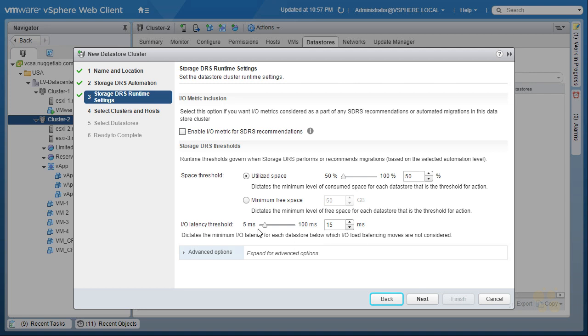We also have an I/O latency threshold. By default, it's 15 milliseconds, which means if the ESXi host makes a request to the data store on behalf of its VMs, and then gets a response, if that response is over 15 milliseconds, then that also could be a trigger for a Storage DRS recommendation regarding moving some files. So with the utilized space at 50% and the enable I/O metric for SDRS recommendations disabled, let's go ahead and